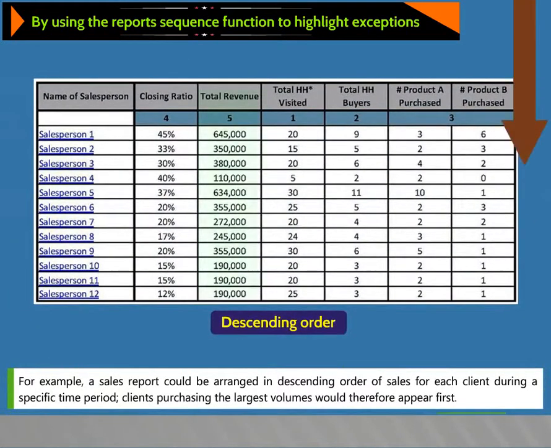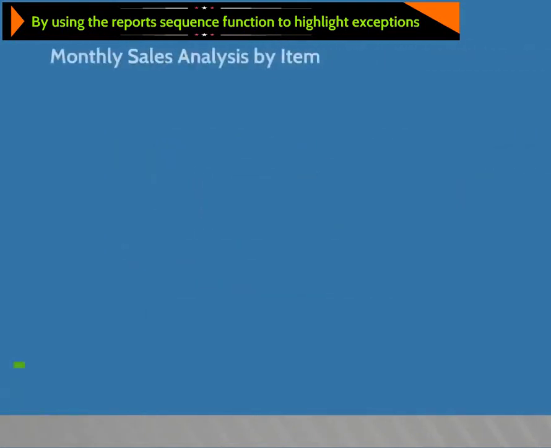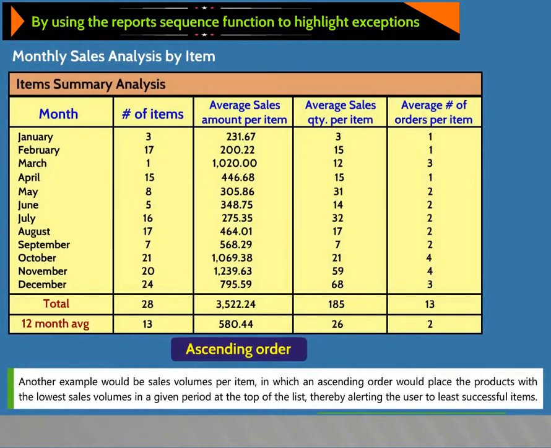For example, a sales report could be arranged in descending order of sales for each client during a specific time period. Clients purchasing the largest volumes would therefore appear first. Another example would be sales volumes per item, in which an ascending order would place the products with the lowest sales volume in a given period at the top of the list, thereby alerting the user to least successful items.